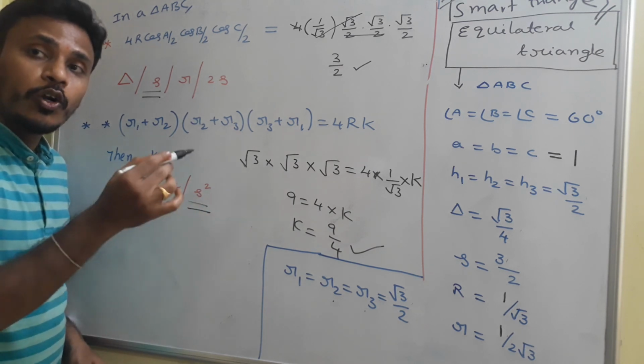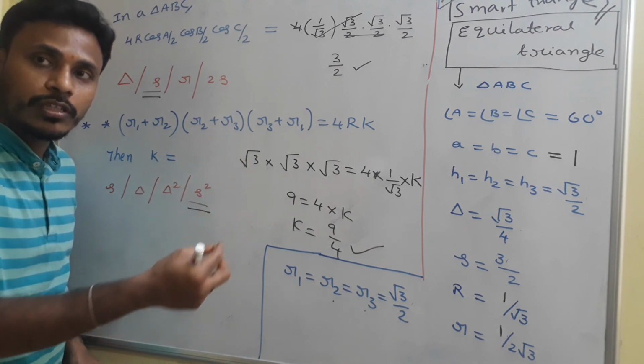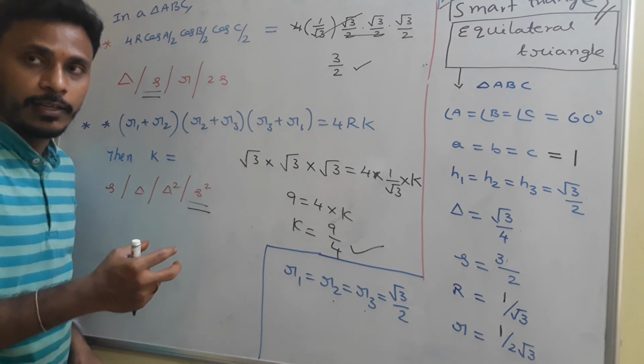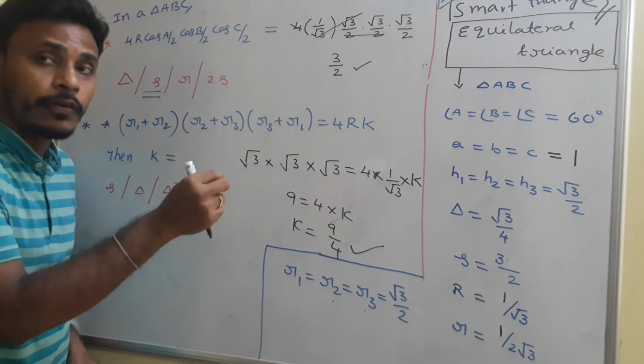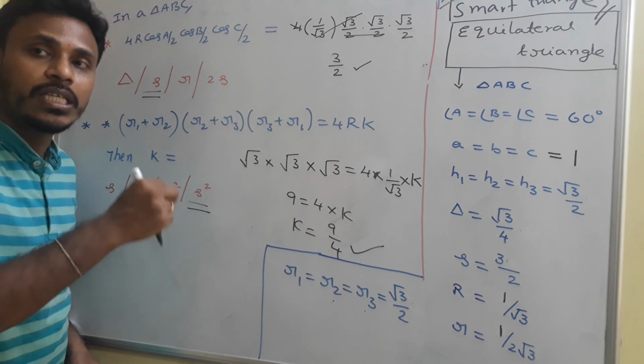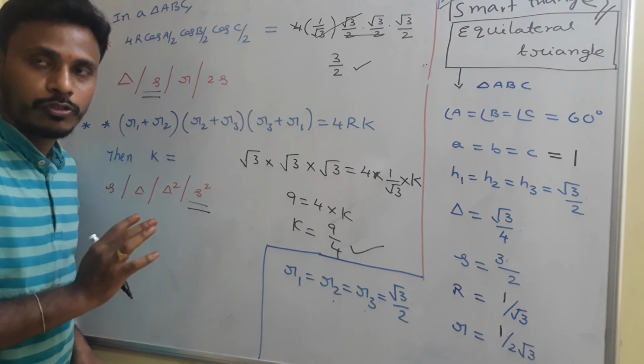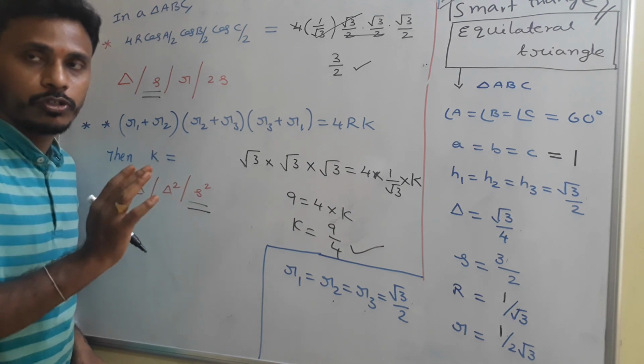So without using the smart triangle, we have a regular procedure by using the formulas of properties of triangle. But the concept of smart triangle helps us to solve the problems in a very easy way. And that's why we are calling it a super smart objective approach. This is just an objective approach. Just have a look.